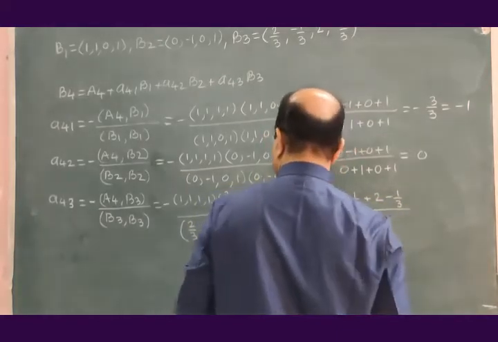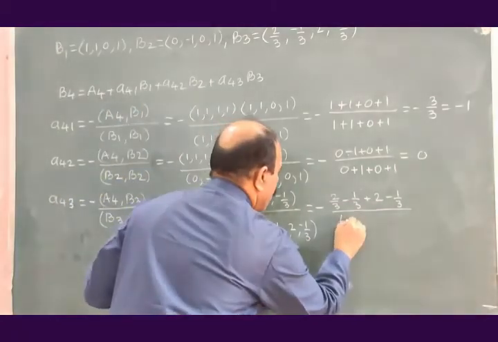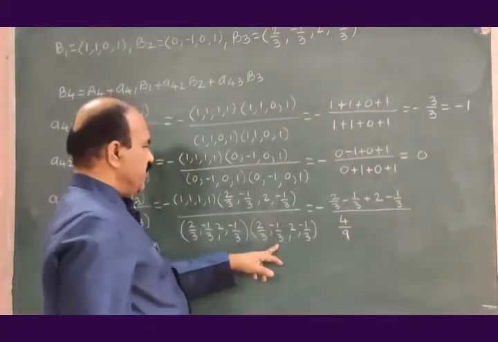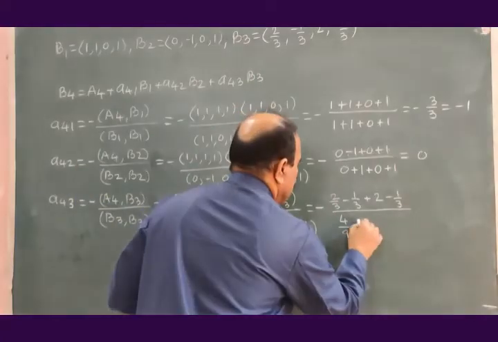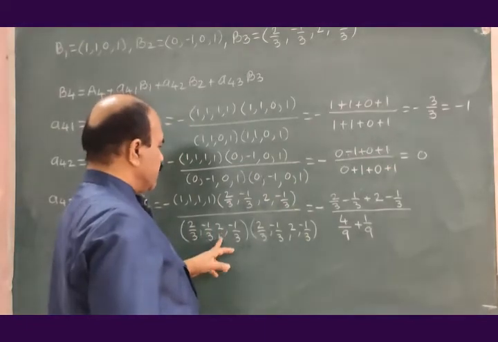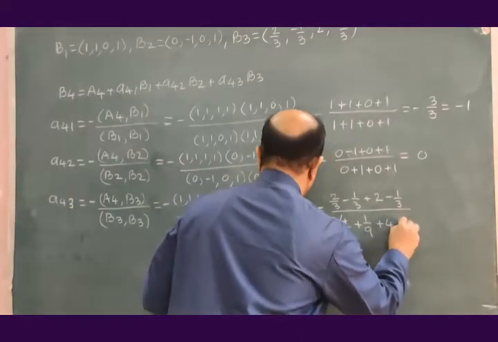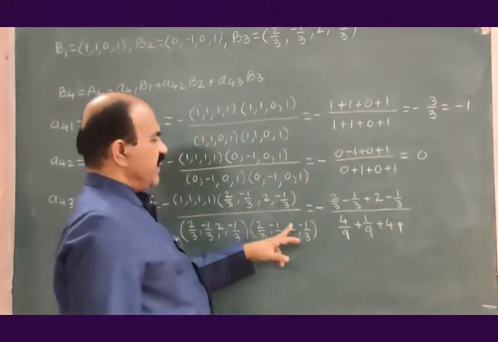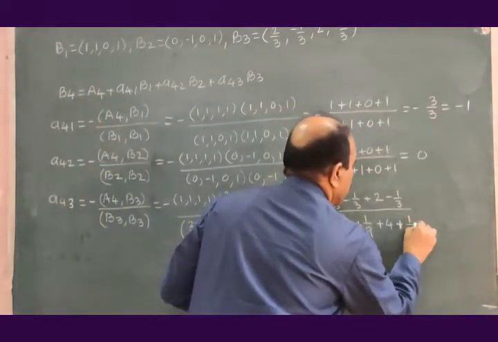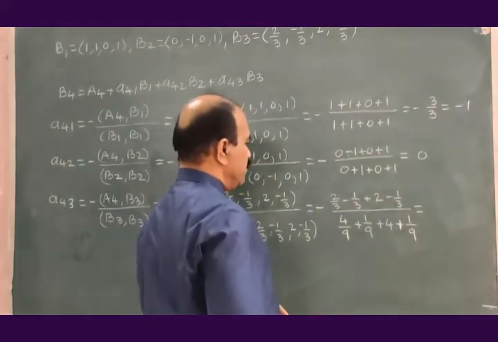This whole divided by 2 by 3 into 2 by 3, 4 by 9, minus 1 by 3 into minus 1 by 3 plus 1 divided by 9 plus 2 into 2, 4 plus minus 1 by 3 into minus 1 by 3, 1 divided by 9. This is equal to,